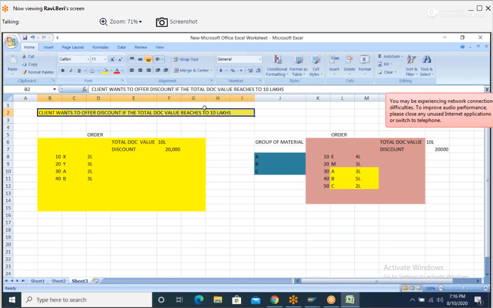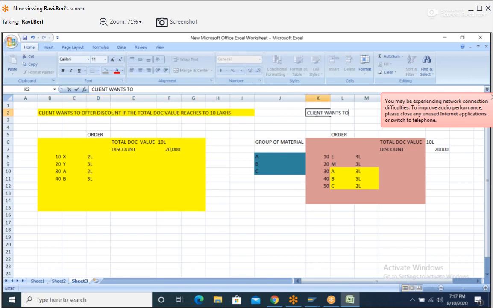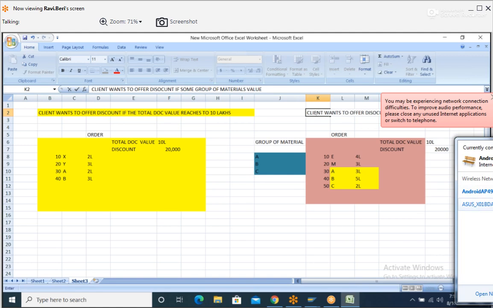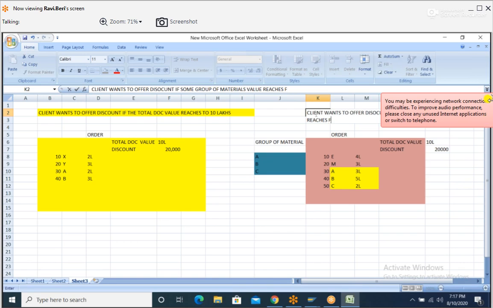So this is one discount. Now this discount the client wants to offer if some group of materials value reaches